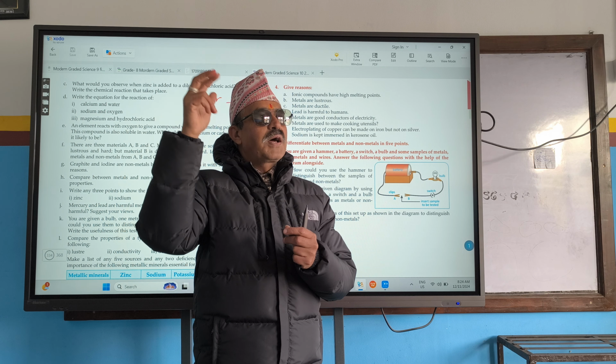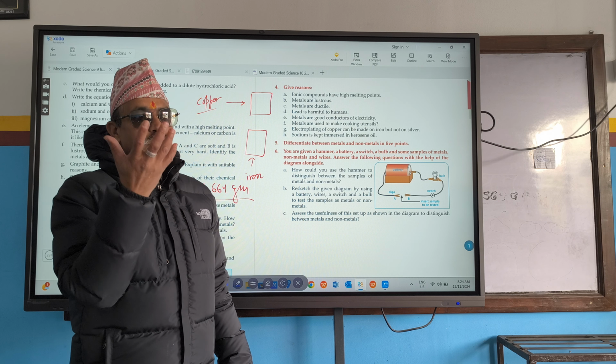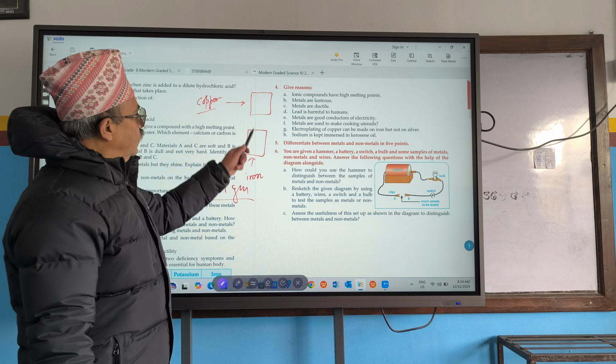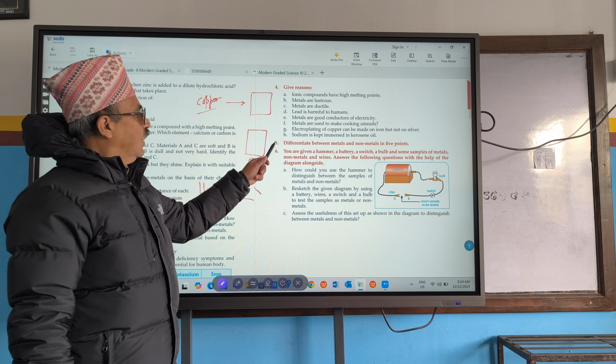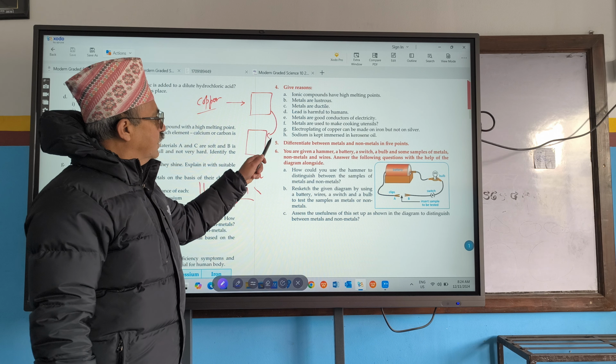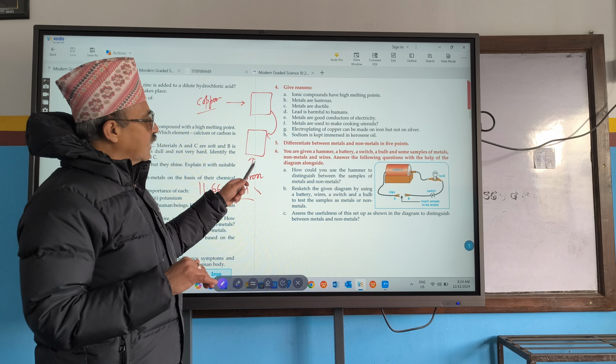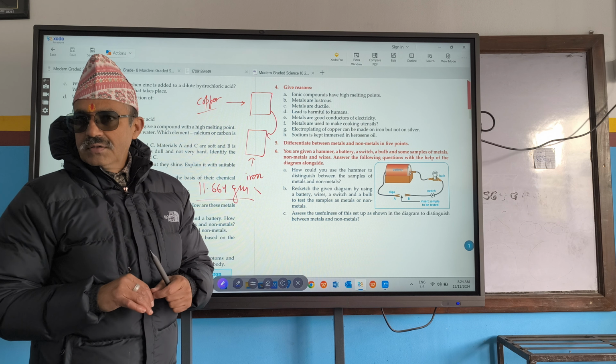Electroplating means people want to have copper things or iron things. Copper doesn't get rusted. It is also more attractive, right? So on this iron plate, this copper can be coated. There will be a covering of copper on the iron rod with the help of electricity. That process is called